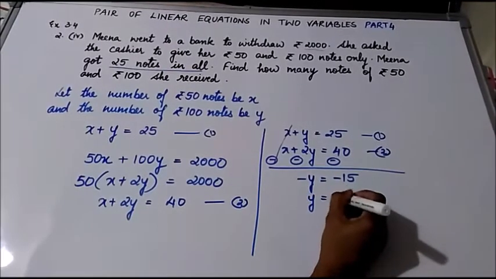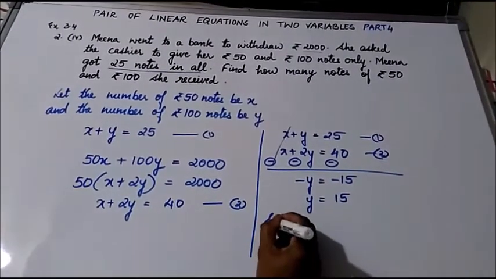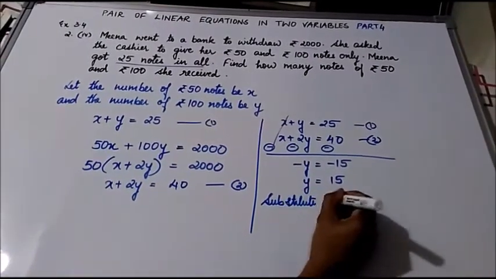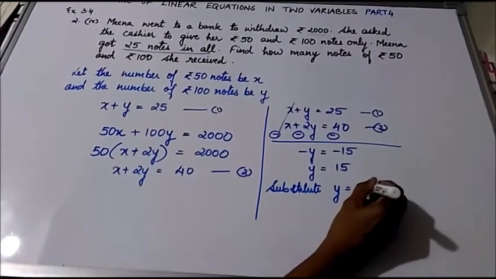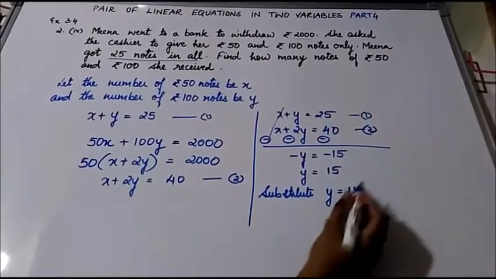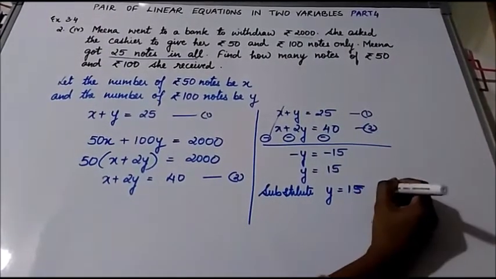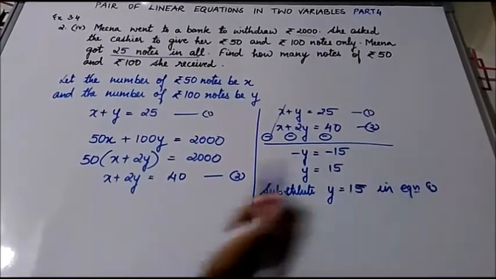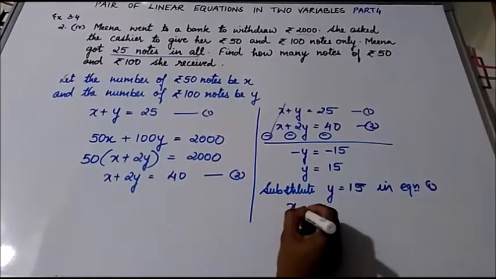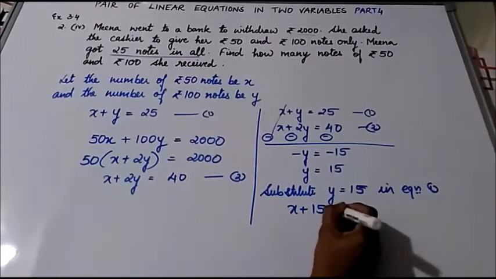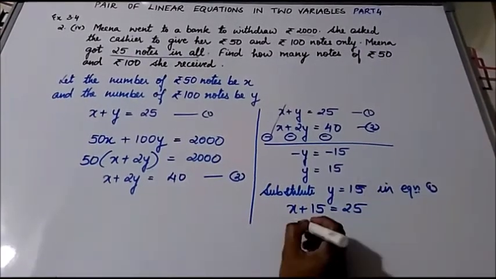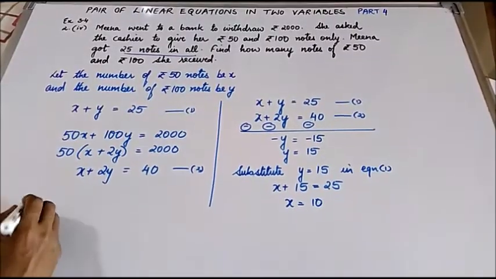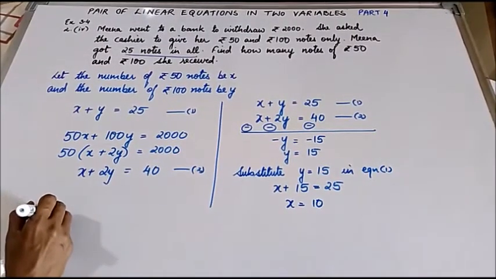Y is equal to 15. Now substitute. We can substitute in either equation 1 or 2. Here I will be substituting it in equation 1. What's equation 1 given? X plus y. That means x plus 15 is equal to 25. X equal to 10. Therefore, the last statement will be the number of